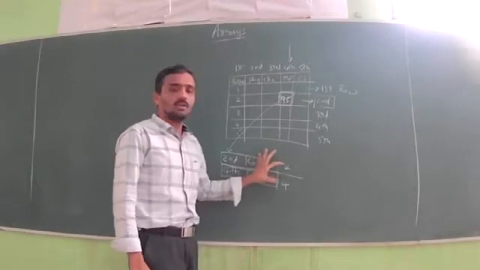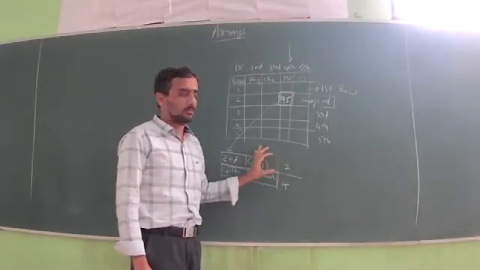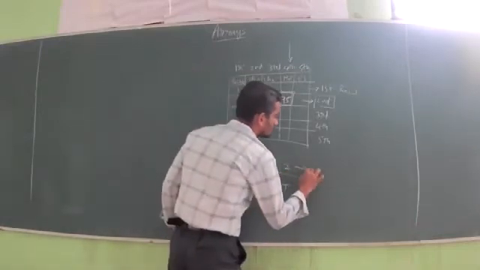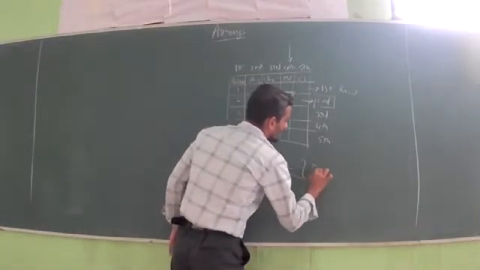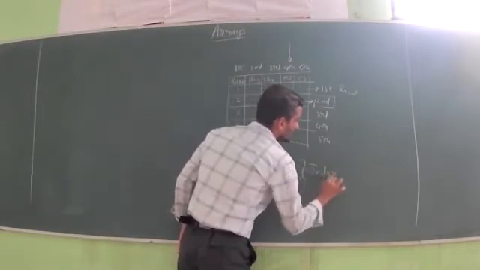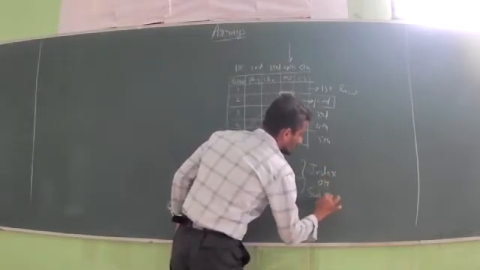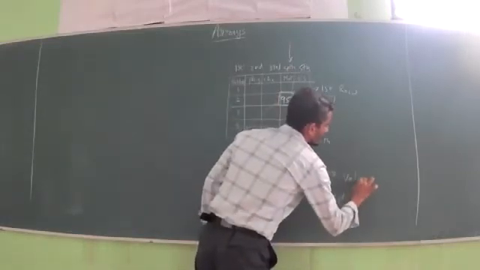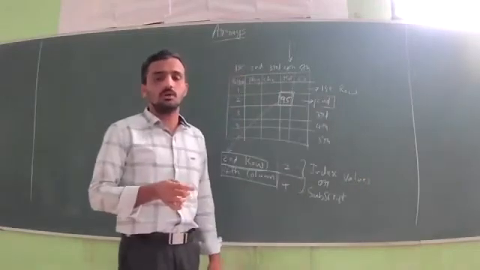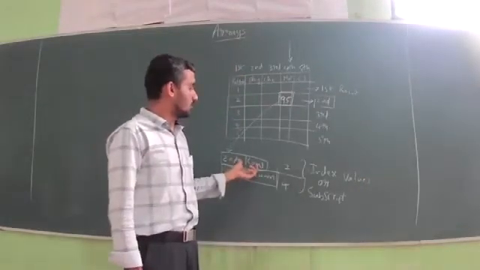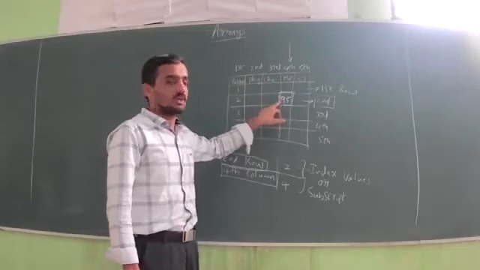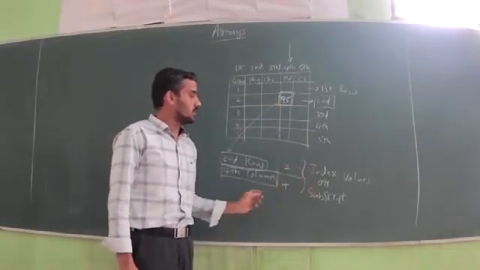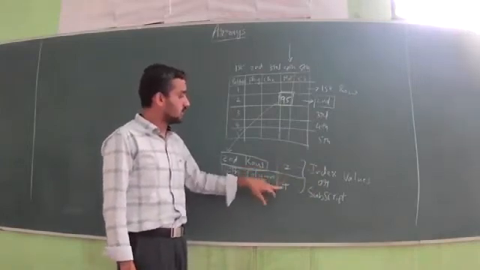When you identify the numbers, elements or items in this way, these two things are called either index values or subscript values. Index values or subscript values. I hope people have understood. If you represent this value in terms of row and column, then it is nothing but an index value or subscript value. So you can say second row, fourth column.